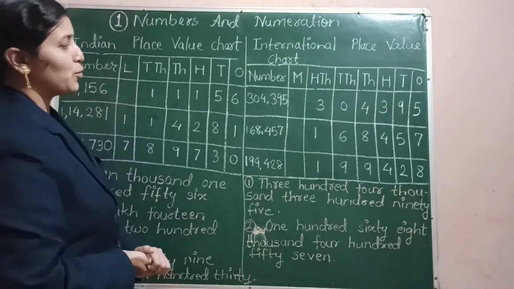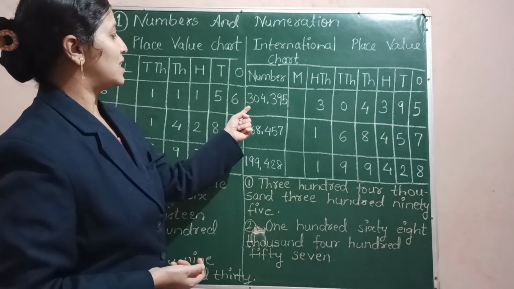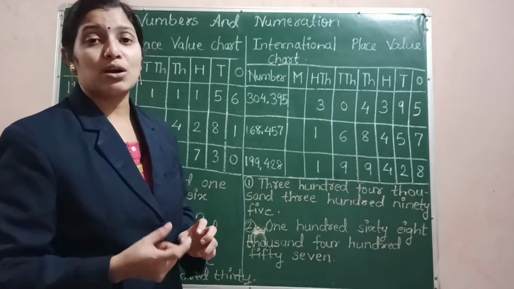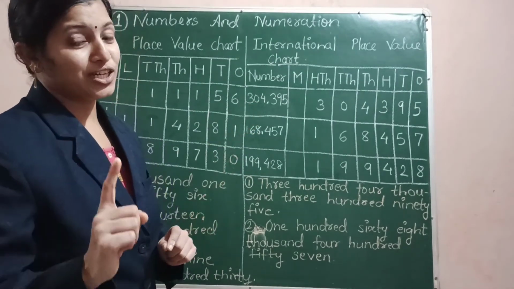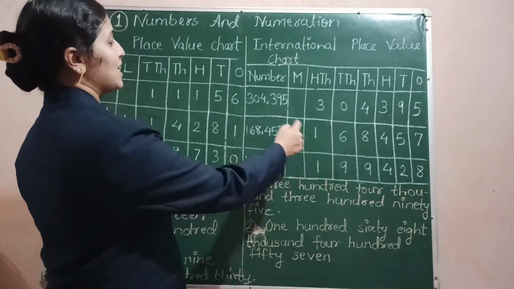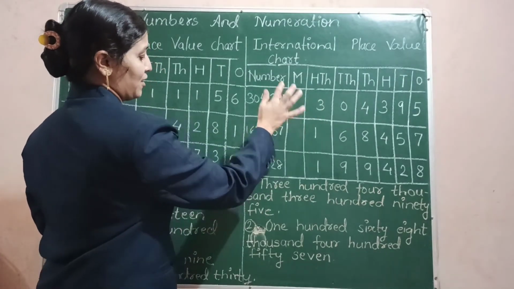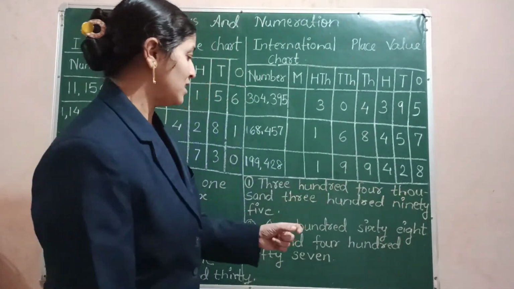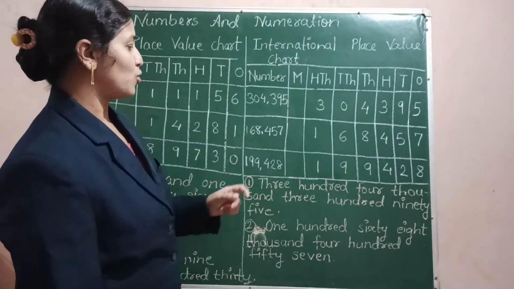So now how are we going to read it? See here we have 3 numbers. So we read it 304,000 because these 3 digits come in the thousands period. So we call 304. Sorry, not and. Never use and when you are reading a number, when you are writing a number. You will read 304,395. How will it be read? 304,395.